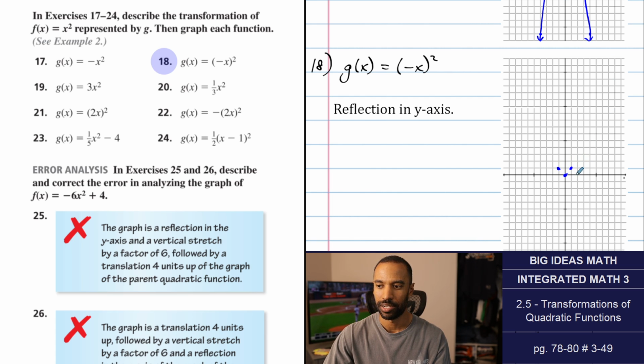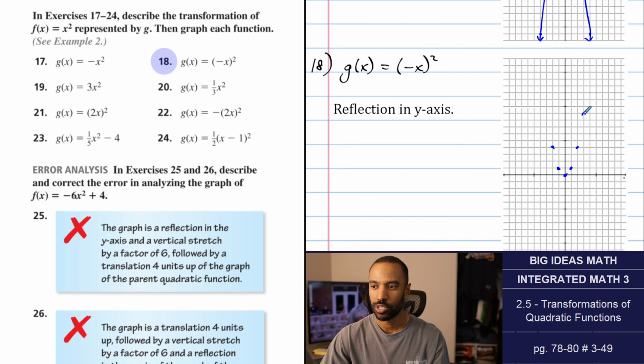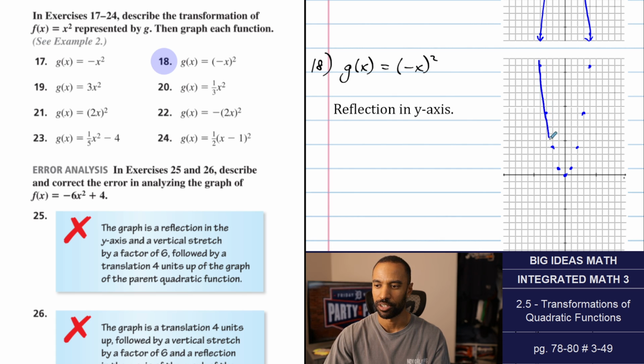But this is (1, 1), (2, 4), (3, 9). See, here I'm reflecting right now. As I graph these, reflect over, boom. And this reflects over to boom. So it's still the same thing that we had as the original parent function. This is the same, and let me prove it to you right now by doing something